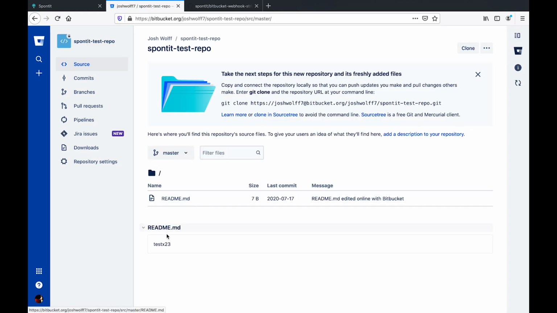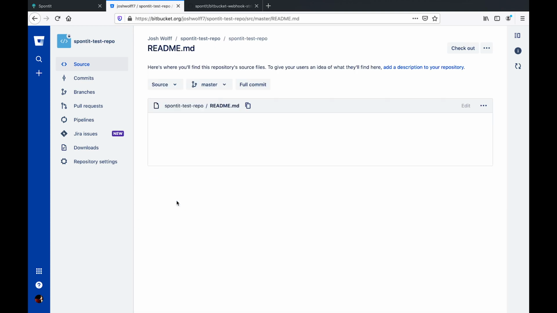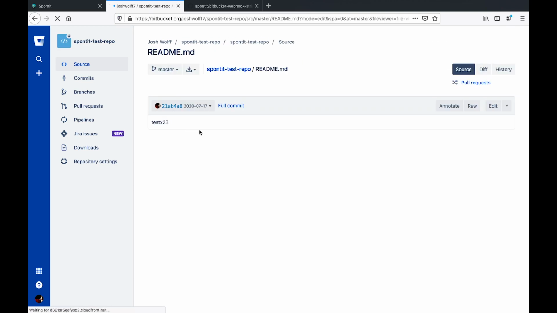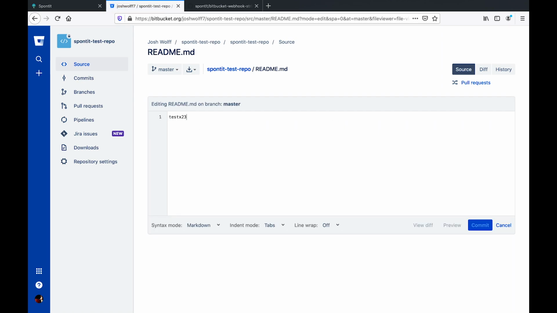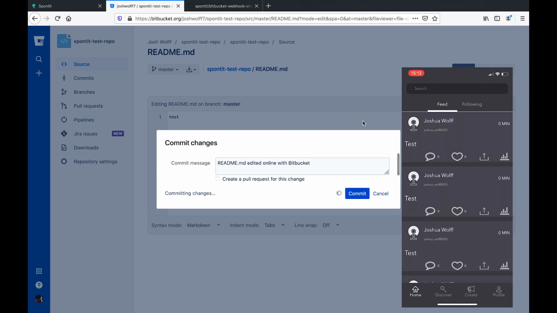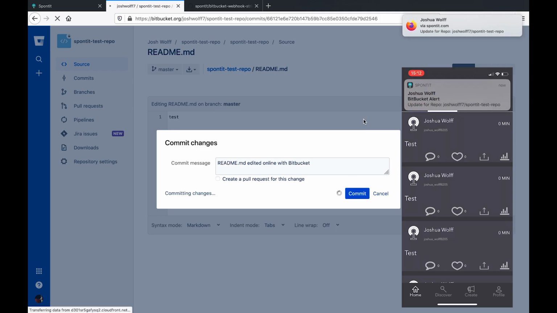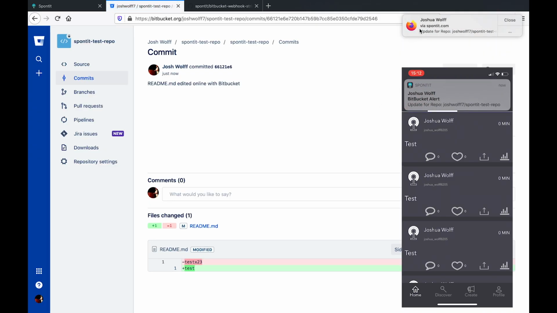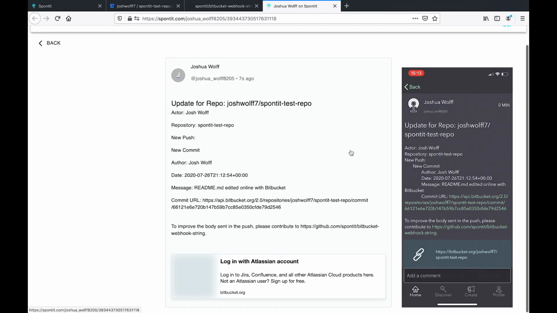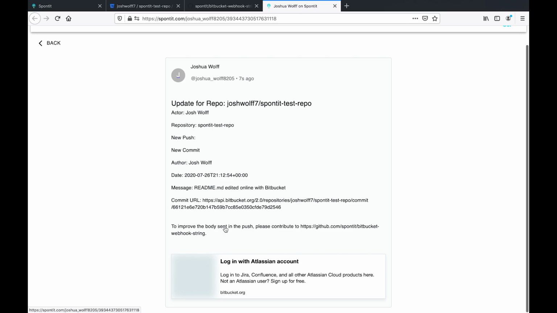So go to your source, go to README or whatever it is, and just edit it. Commit, and we get an update here. So it's that simple. Okay, and there's some details here, and then an important part is it says at the bottom, to improve the body sent in the push, please contribute to